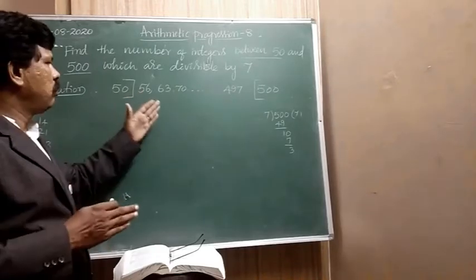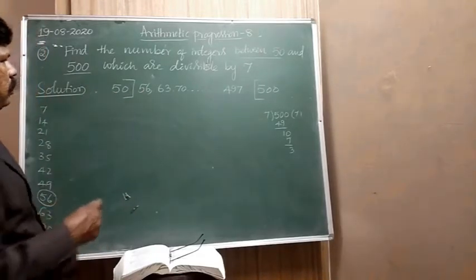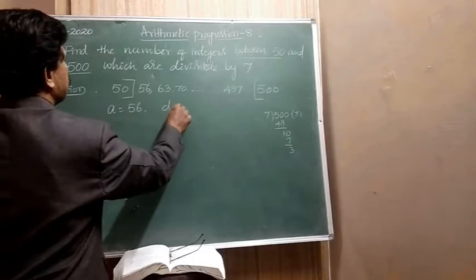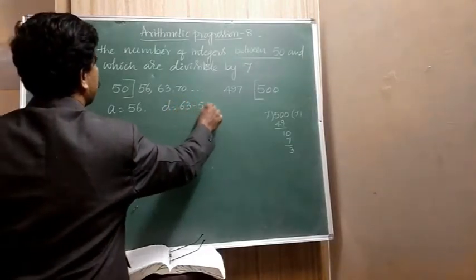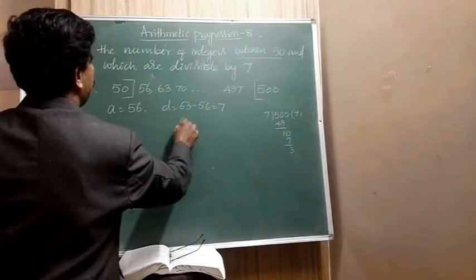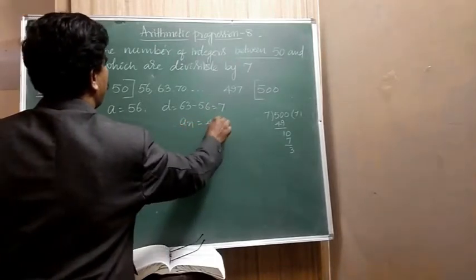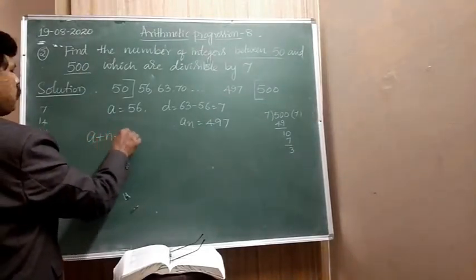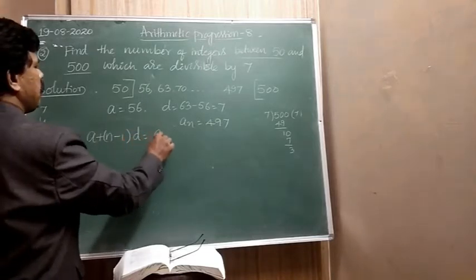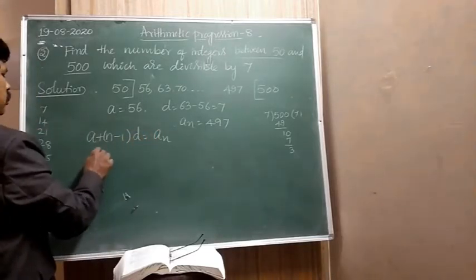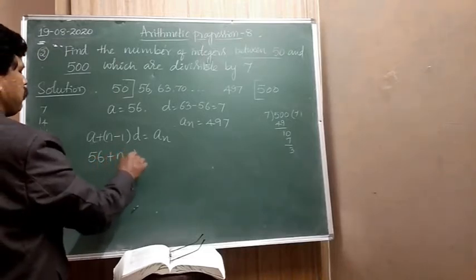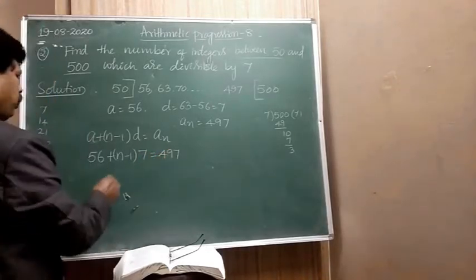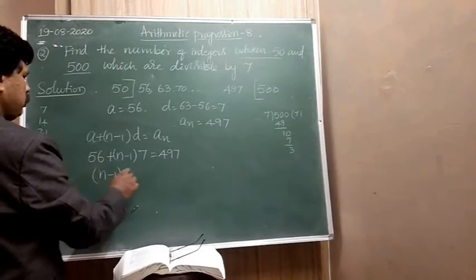So first you write down the AP like this. Then here A is equal to 56, D is equal to 63 minus 56 is equal to 7, and AN is equal to 497. Same formula, A plus N minus 1 into D equals AN. Now substitute the value. 56 plus N minus 1 into D value is 7 equals 497. Then N minus 1 into 7 equals